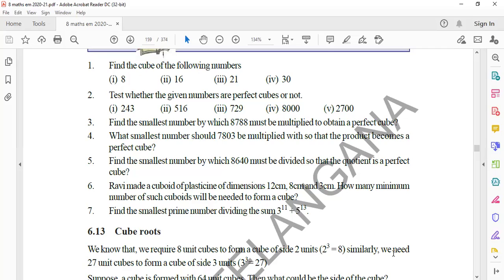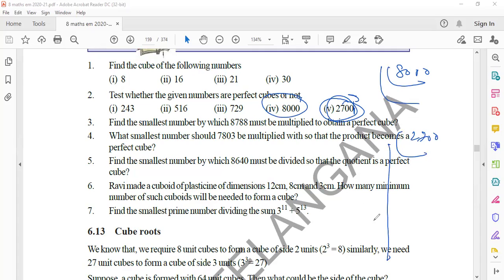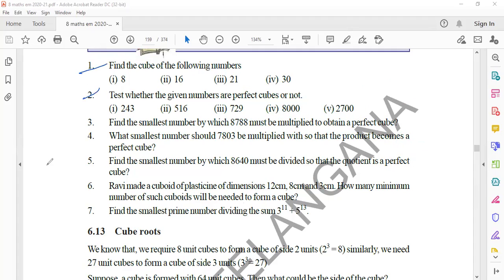So now let us go to the next question. The next question here is 8,000 and 2,700. Please check 8,000 and 2,700. The method I told you, take LCM for 8,000, take LCM for 2,700, in similar fashion. Like that, the rest of the numbers also you can find out. When you take the 3 pair combination, it should come. Otherwise, it is not a perfect cube. It's a very simple question. So the first and second are clear.